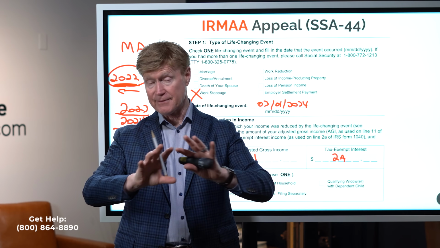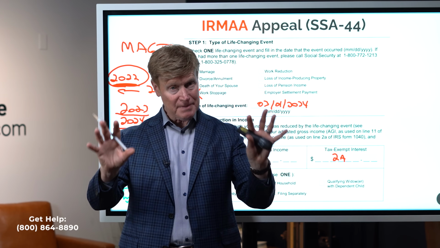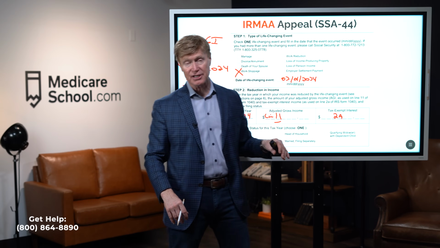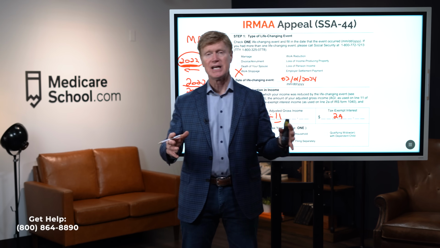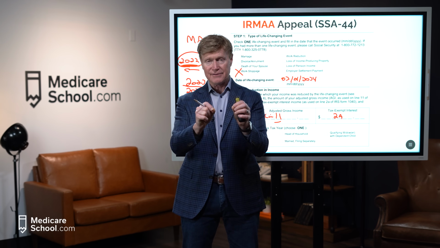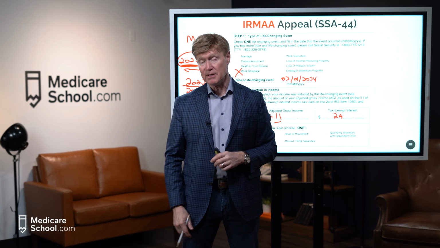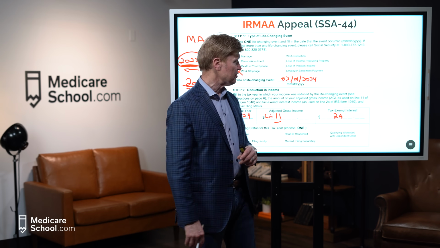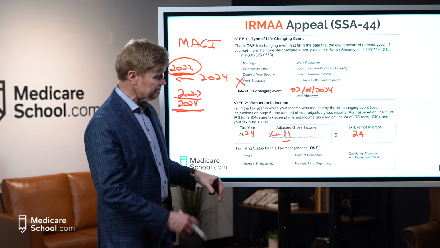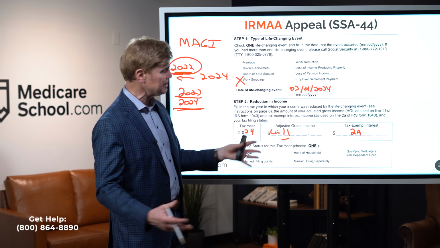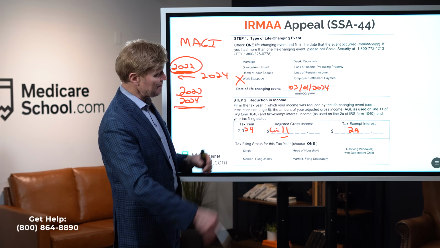And folks, I've never seen an appeal be denied as long as you're being accurate and it's one of these life-changing events and it's been within the last 2 years. And again, remember, you can use this life-changing event for 2 different appeals, 2 years. And so I've just never seen anyone lose those. So as long as you have these boxes checked, the appropriate date, the proper numbers as well.